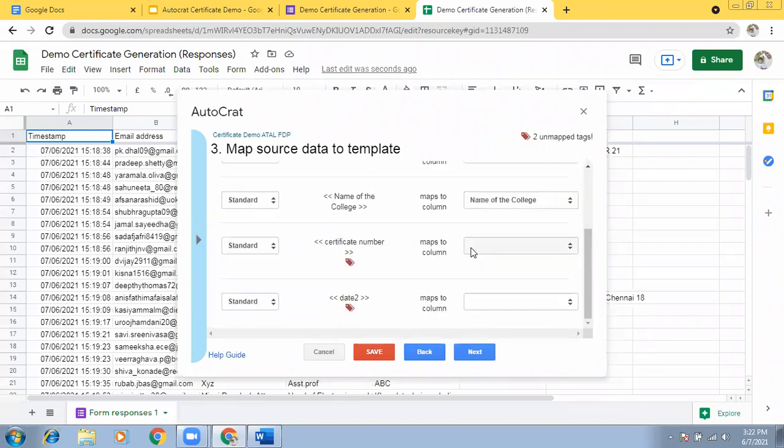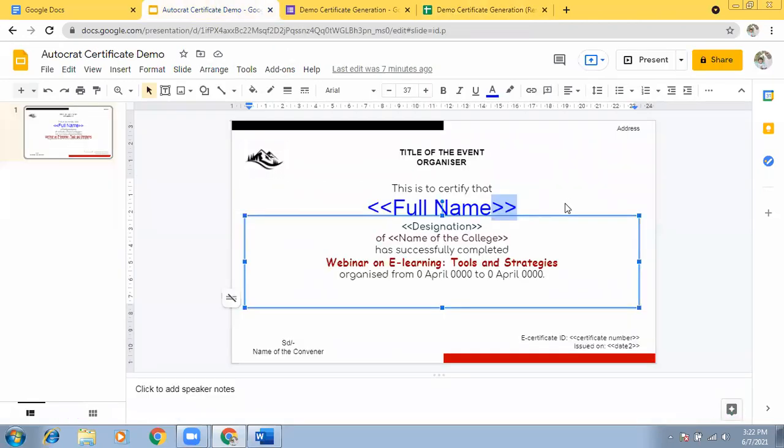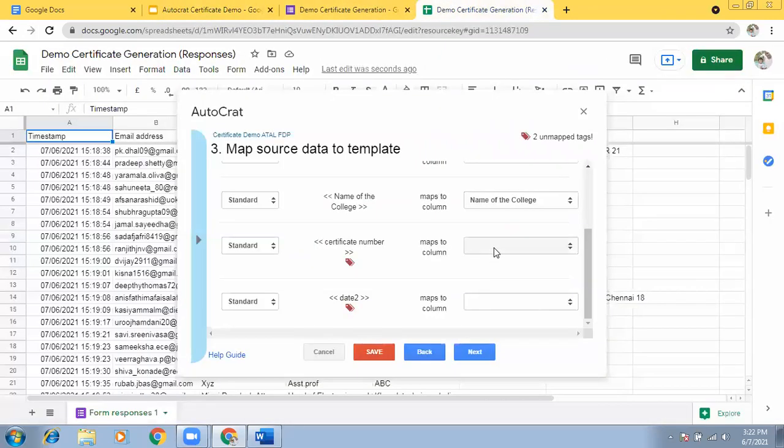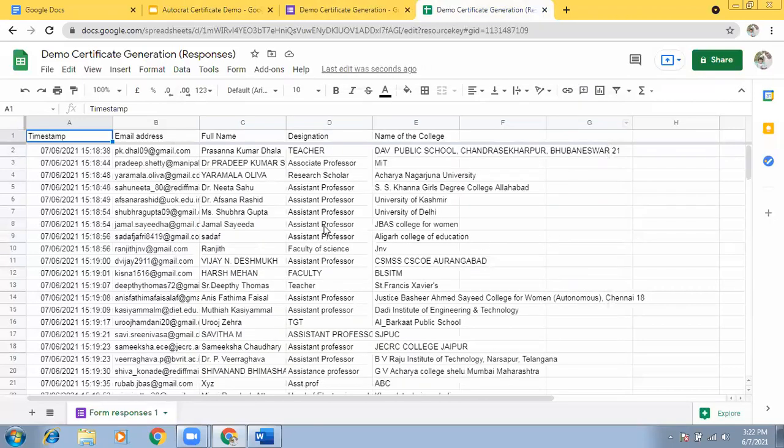Now, certificate number is also added, I think. Here, certificate number is added. So what I'll have to do is close it. Here, I will add a new column.